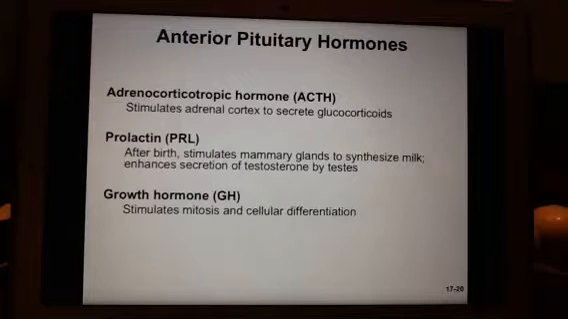Okay, ACTH is going to the adrenal cortex of the adrenal glands to secrete these glucocorticoids, and you'll get real comfortable with ACTH because I'm probably never going to call it adrenocorticotropic hormone, but it is headed to the adrenal glands. And then prolactin, I'll probably use prolactin instead of PRL. It is going to the mammary glands, and it is headed there after birth. It tells the mammary glands to synthesize milk, and then also in males enhances secretion of testosterone by